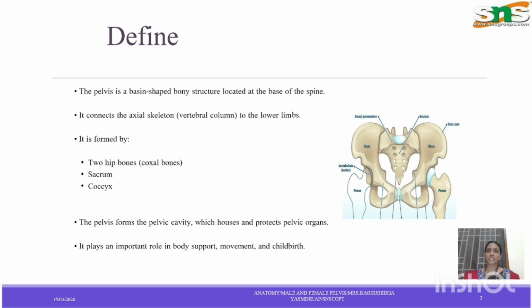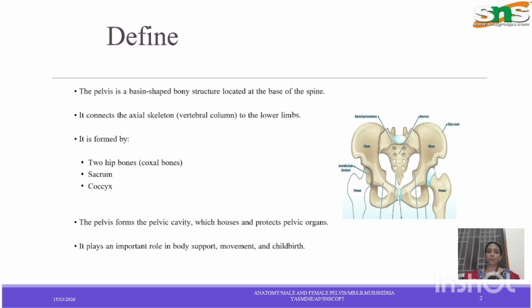To define this topic, the pelvis is a basin-shaped bony structure located at the base of the spine. As you all know, the base of the spine is at the sacrum, so it is located near it as a basin-shaped structure. It connects the axial skeleton to the appendicular skeleton. So the axial skeleton of the vertebral column is connected to the appendicular skeleton of the lower limb via this pelvis